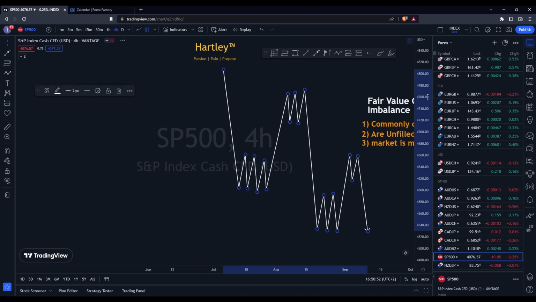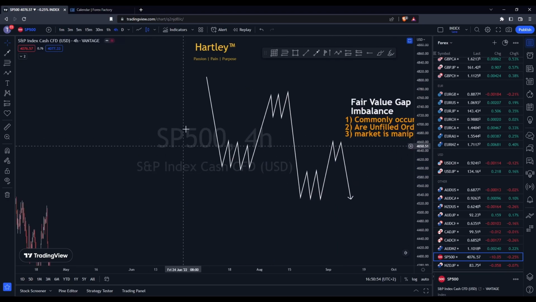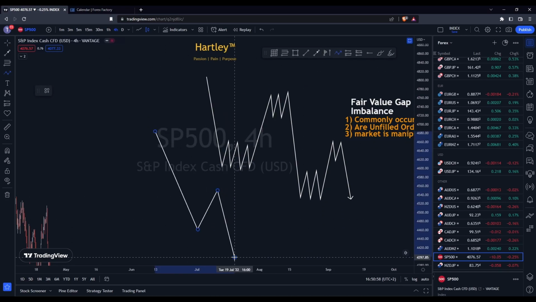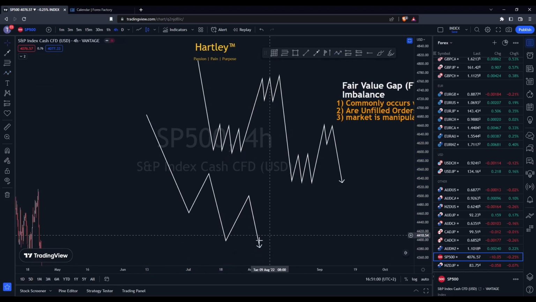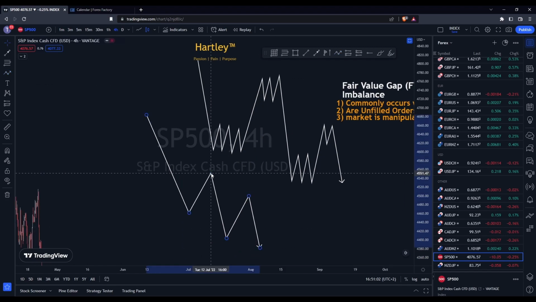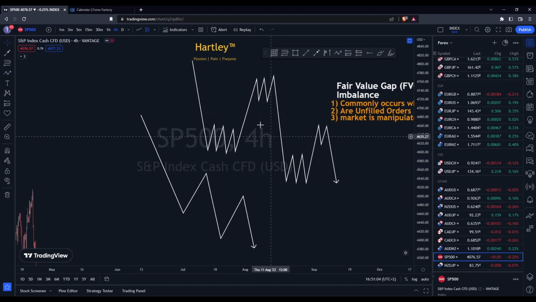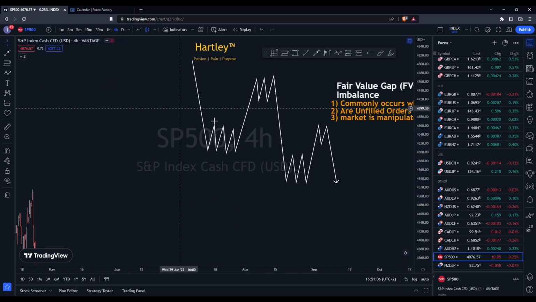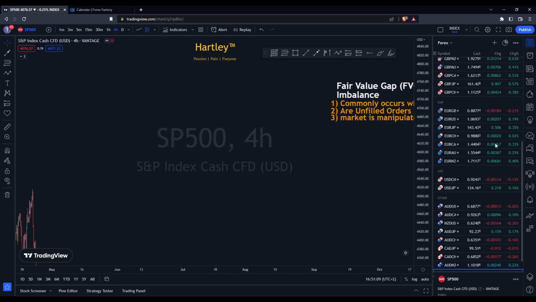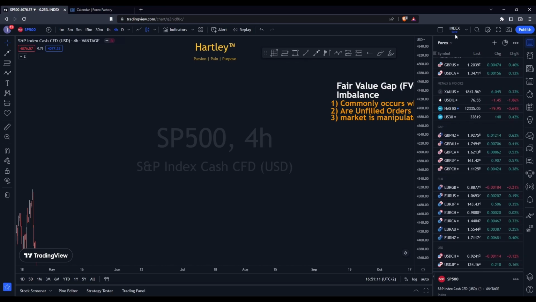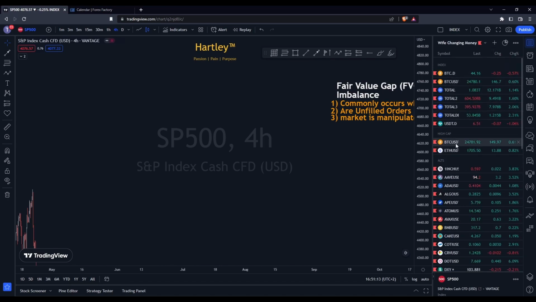But on the higher time frames, it'll just look like this. It'll just look like down, up, down, right? If you go to the lower time frames, you'll spot this much more frequently. But if you go to the higher time frames, you can still see it. It just forms differently. For example, if I go to Bitcoin right here, the thing that's happening on Bitcoin